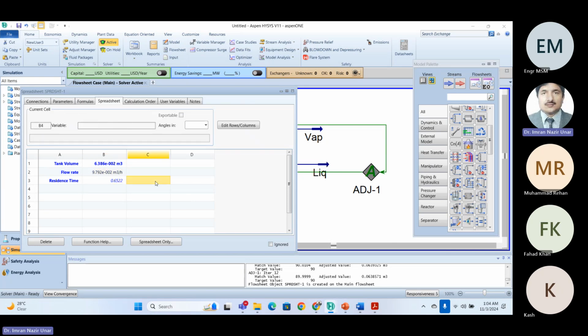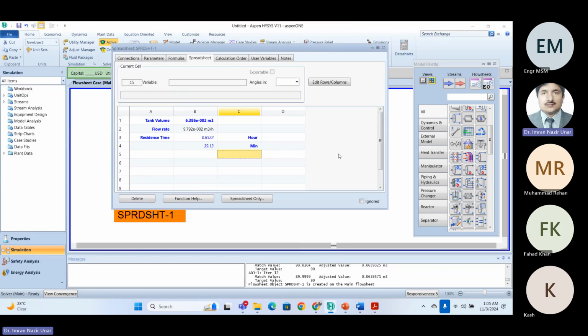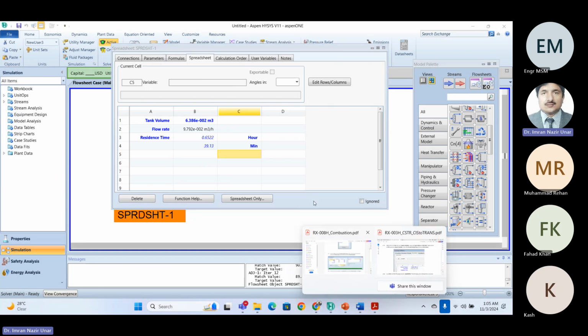ओके, ये टाइम आ रहा है आवर में, और इसको हम मिनट में करने के लिए P3, वैसे ये कर नहीं रहा काम, लेकिन मैं इसको 60 से मल्टीप्लाई करूँ तो 39 ये आ जाएगा आपका मिनट। दिस इज हाउ वी कैन कैलकुलेट द रेजिडेंस टाइम। ये इस ट्यूटोरियल का एंड हो गया। 39.13 मिनट हमारा कैलकुलेट हुआ है, और